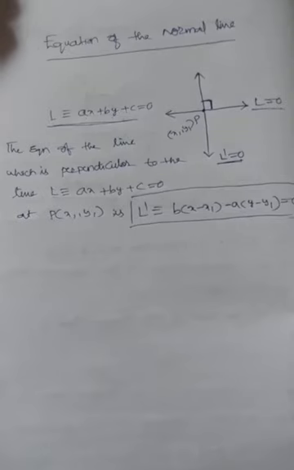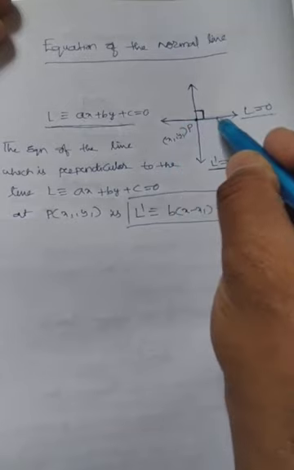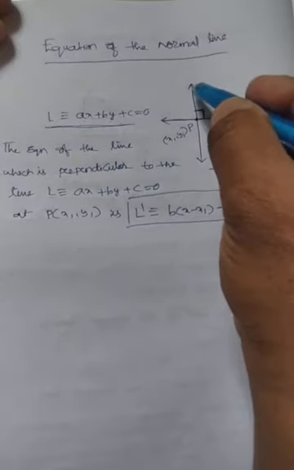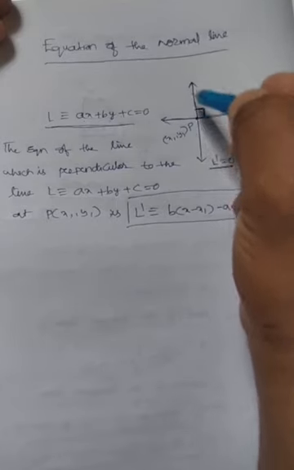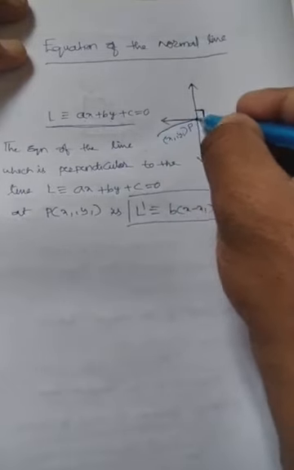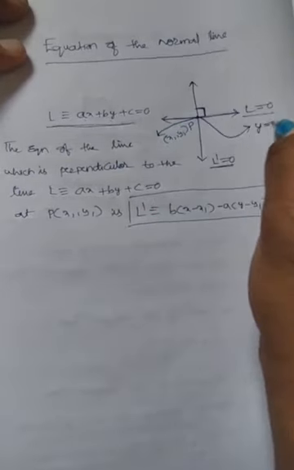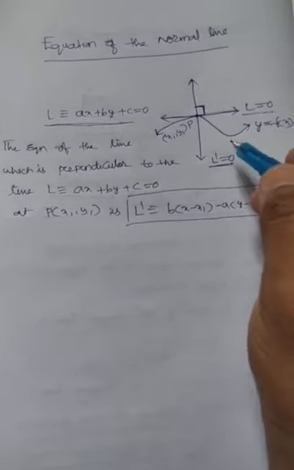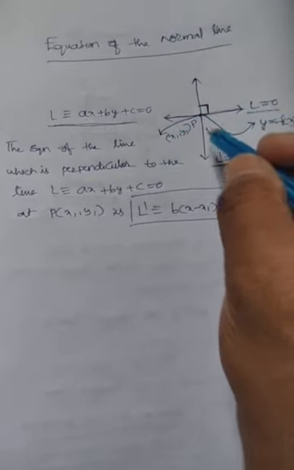So by using this condition, suppose this is the tangent line, and this vertical line means it is the perpendicular line. We are supposing it is the normal line. You can consider it is the normal line. The same concept is also there. We can draw like this also. So this is our curve. Suppose it is our curve. Which curve? It is the y is equals to f of x curve. Okay, now in our concept this is the tangent line, and it is the normal line at the point P.